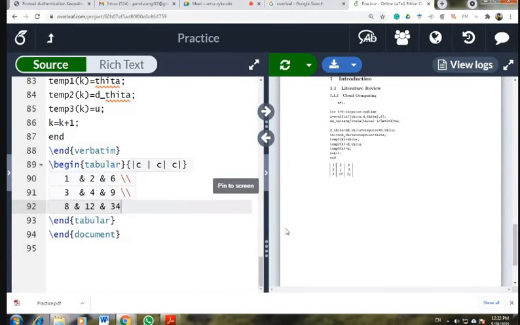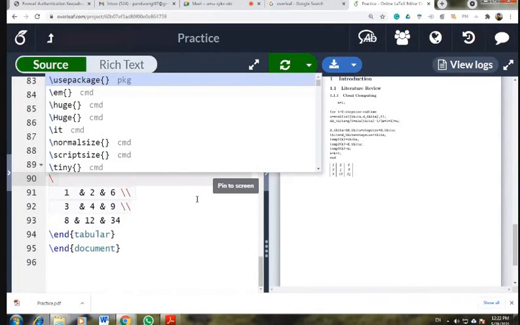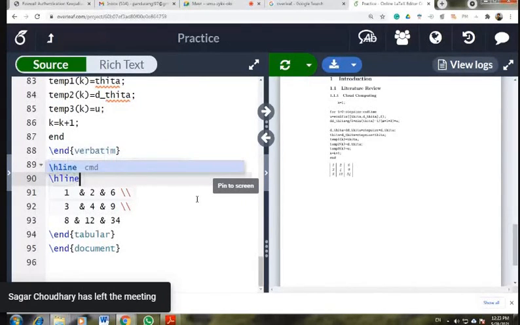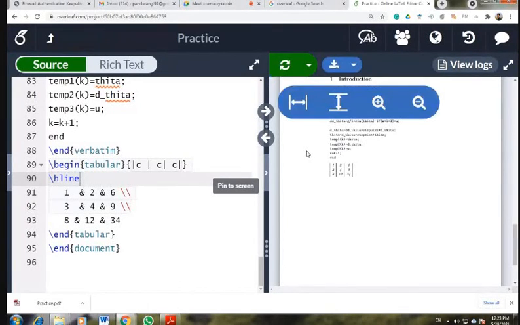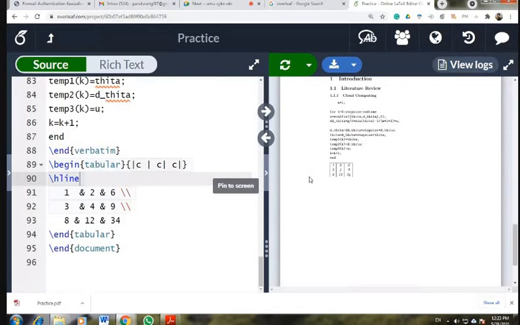Now suppose you want to have a horizontal line. You know how to get the vertical line. For a horizontal line, you have to put here backslash hline. So you will get the first horizontal line at the top of the first row. Then here, suppose you want to have an hline, then use backslash hline. So after the first row, you will have the horizontal line.